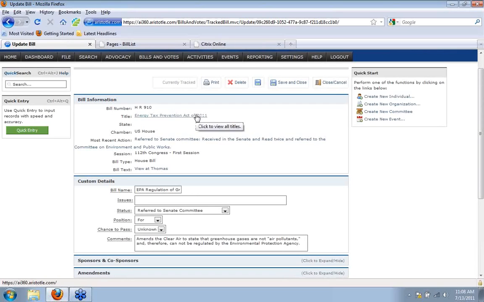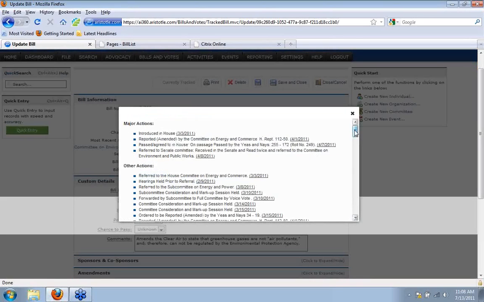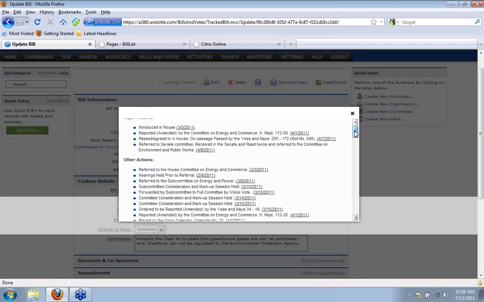So the information that comes in from the feed is the title of the bill, which is the same title that you'd see on Thomas, the chamber it was introduced in. You can also see the most recent action, and so in this case it was passed by the House and then went over to the Senate and it was referred to a Senate committee, and that's all that's happened in the Senate so far. So if you click on this most recent action, you'll get a little pop-up that shows